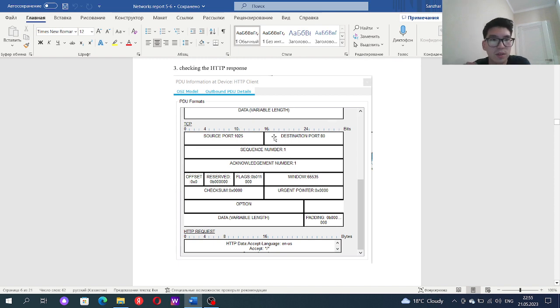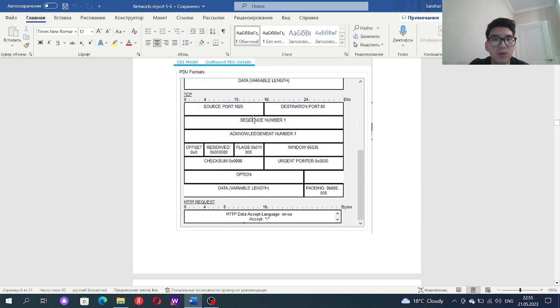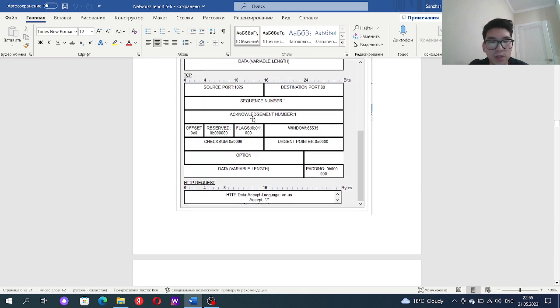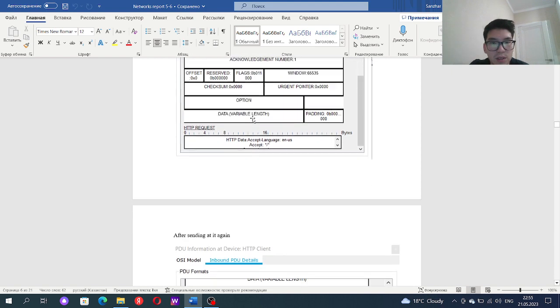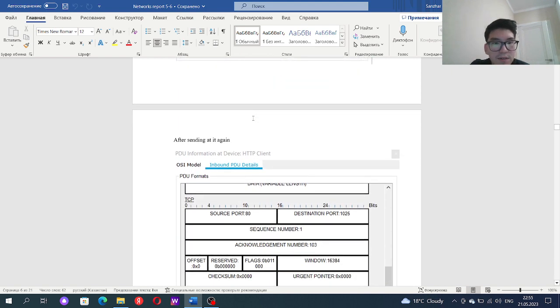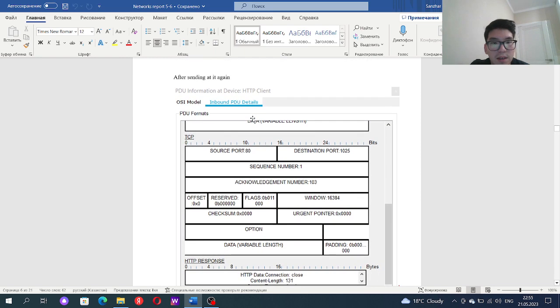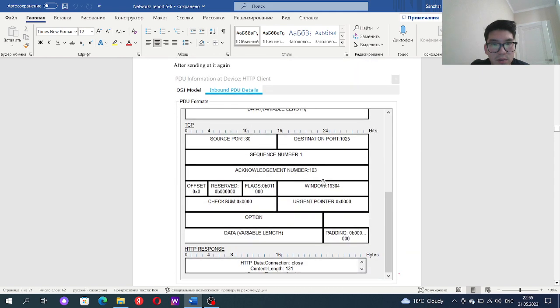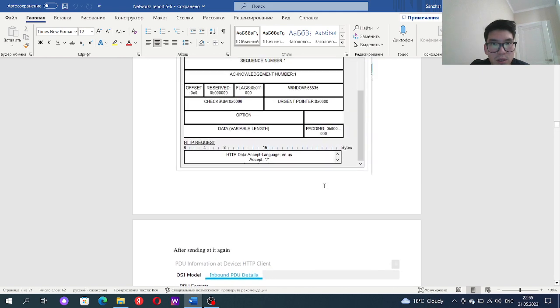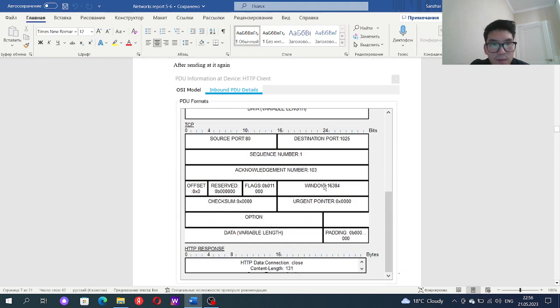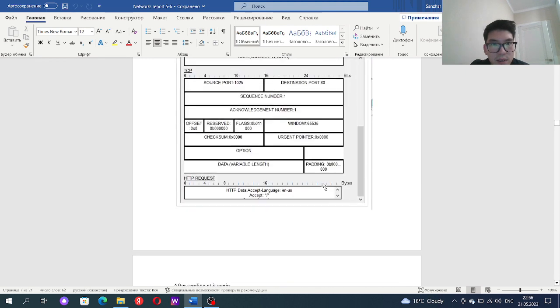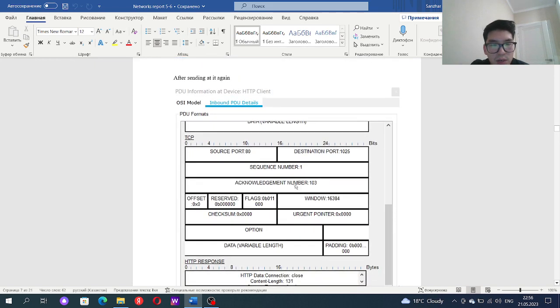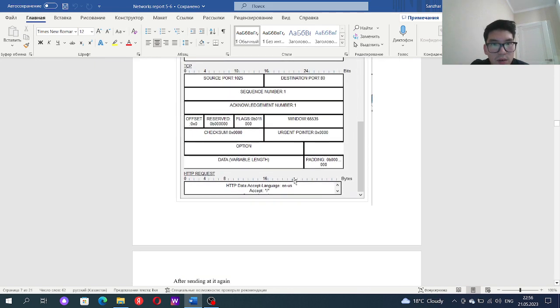There is information in the PDU information at device HTTP client. It's data, variable length, source port, destination port, sequence number, acknowledgement number, and etc. After sending it again, we can see it has changed. The window changed. Urgent pointer stays the same. Flag stays the same. The acknowledgement number changed to 103, and also